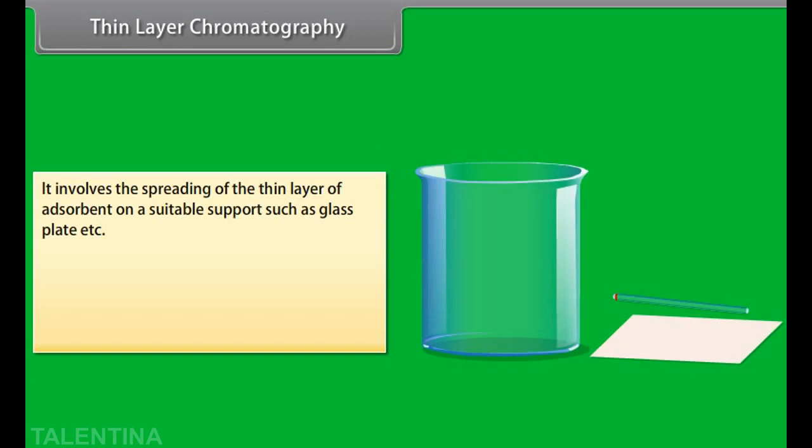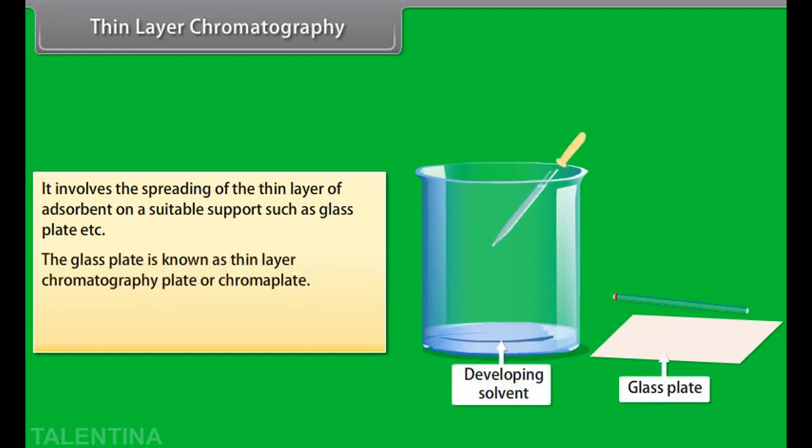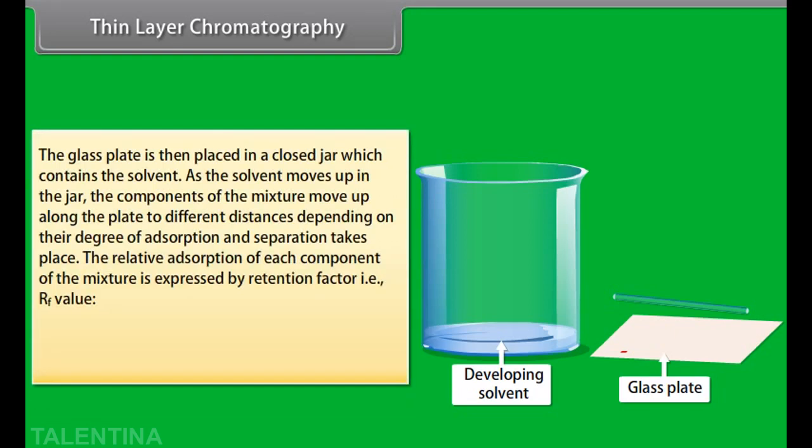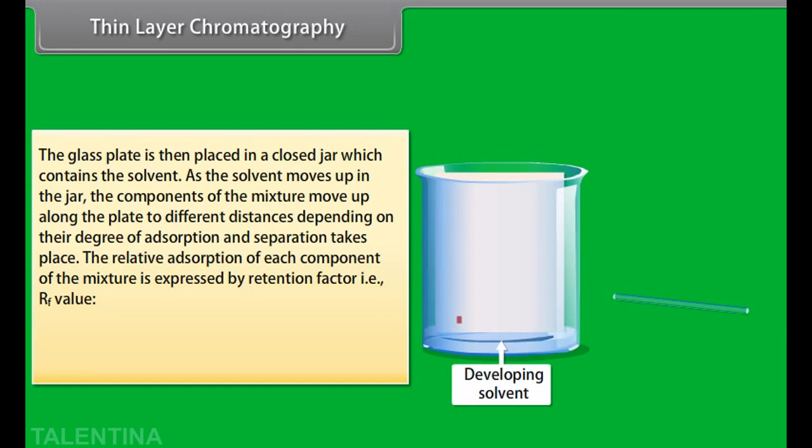Thin layer chromatography involves spreading a thin layer of adsorbent on a suitable support such as a glass plate. The glass plate is known as the thin layer chromatography plate or chroma plate. The mixture to be separated is applied as a small spot at one end of the TLC plate. The plate is then placed in a closed jar which contains the solvent. As the solvent moves up in the jar, the components of the mixture move up along the plate to different distances depending on their degree of adsorption